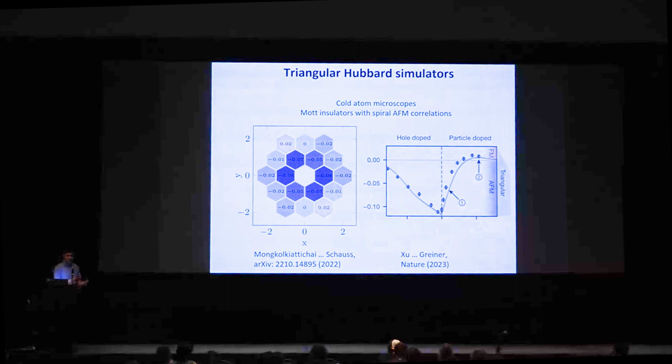All right, so because of all this interest, even in the absence of doping, of course, when you add doping, things get even richer. So there's been a push in the community with these microscopes to go towards triangular lattices. So here are some recent results from the group of Peter Schaus at the University of Virginia and Marcus Greiner at Harvard. I think you might be hearing soon from Martin Lebras, also in this conference about the work they're doing there, where they measured 2-point correlation functions to characterize the antiferromagnetism that appears in the system in the strongly interacting regime, to basically look at these correlations that are